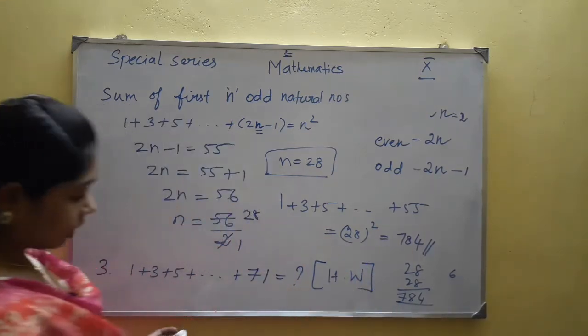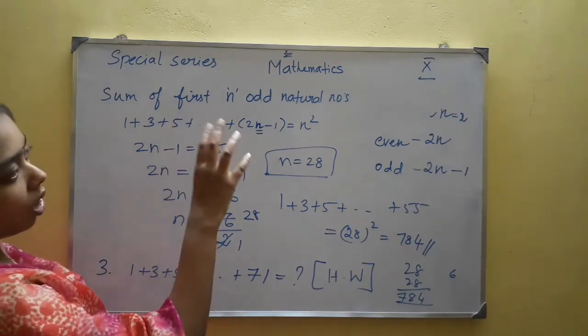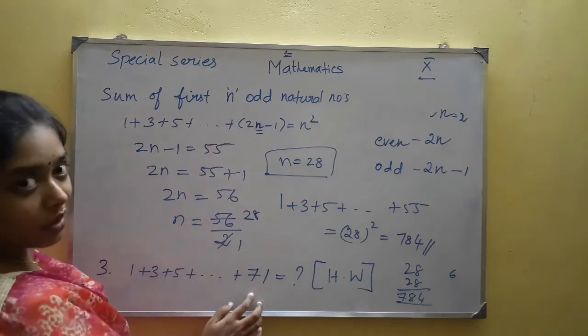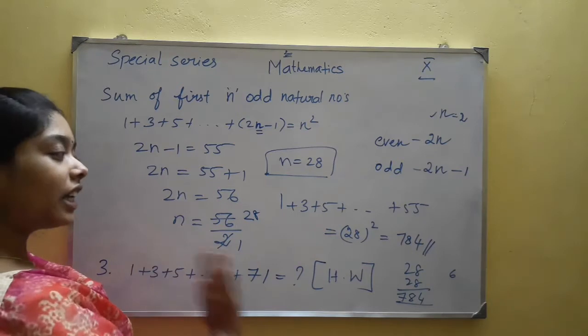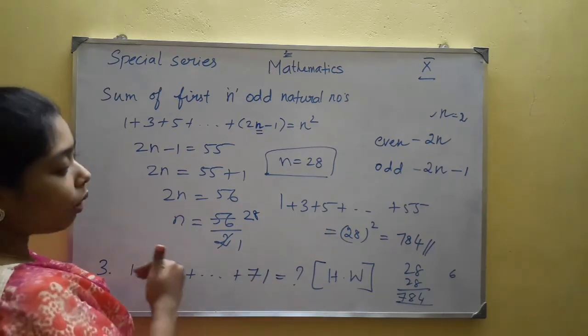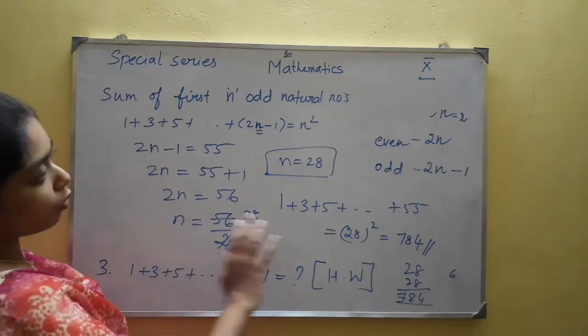So how to start this problem right now? Sum of n natural numbers, you don't know what the n value is here. You want to find the n value. In the first problem, they had given 40 terms. So it indirectly says how many numbers there are. Actually it directly says there are 40 terms.